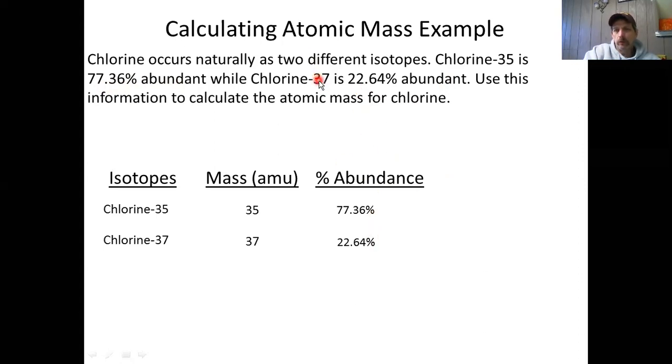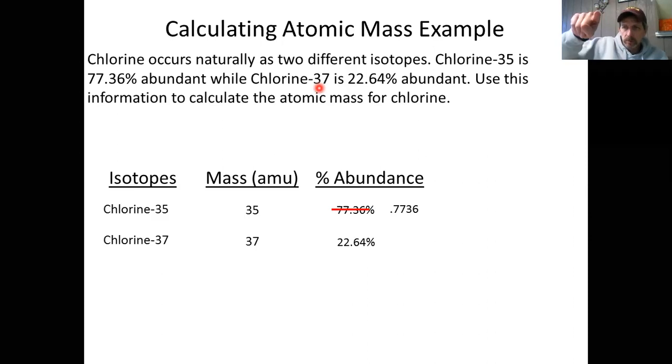22.64% abundant for chlorine 37. So before we even start, we know this is going to be closer to 35 than it is to 37 when we get the answer, because most of the atoms, 77% of them, are chlorine 35. Okay, remember what we said, we'll divide them by 100, which means move the decimal 2 positions to the left, and we end up with 0.7736,